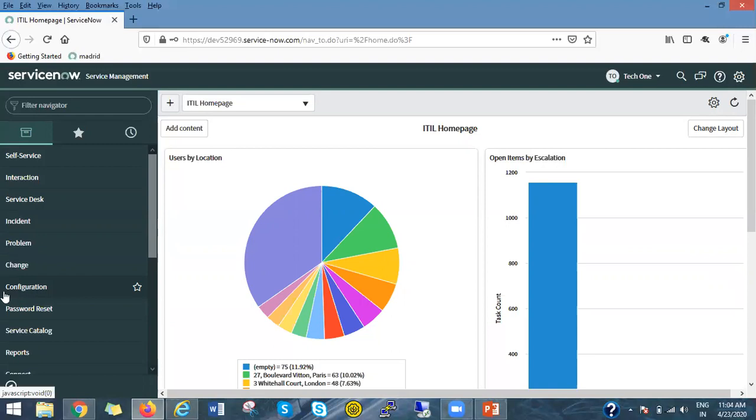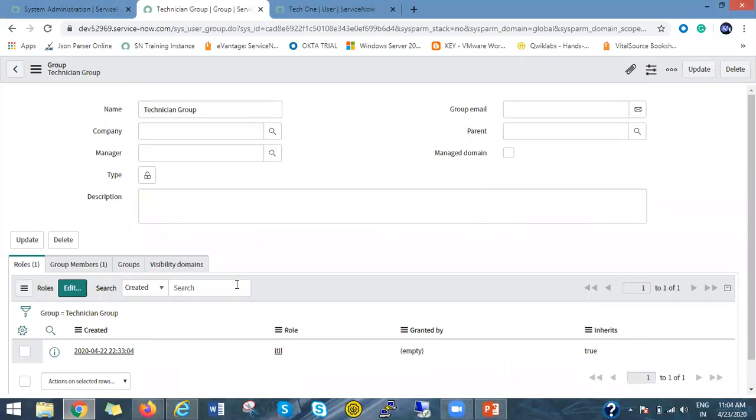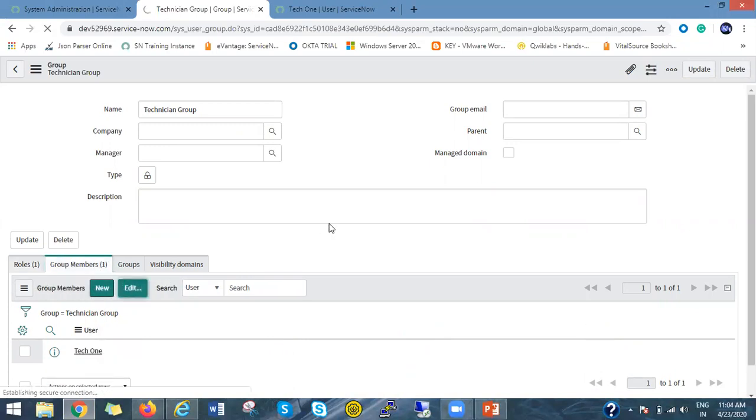So what is the benefit of this approach? Suppose you want to make a number of users technicians. In that case, you can just add those users inside this group, right?